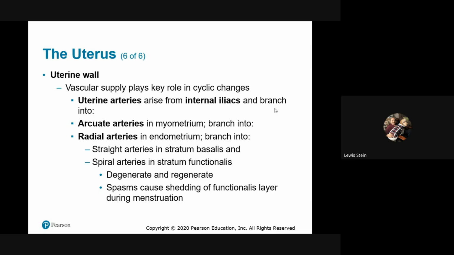The internal iliacs service the deeper portion of the abdominal pelvic cavity. That's where the uterus is, and so those arteries will go to the uterus. They'll arch over it. Remember, it's really just a giant sac-like enclosure. Then they'll have vessels that go into it, ones that go to the basalis that are straight and ones that spiral. The spiral ones are the big guys. They're the ones that take care of the functionalis. So what